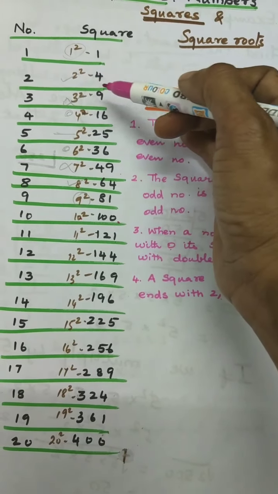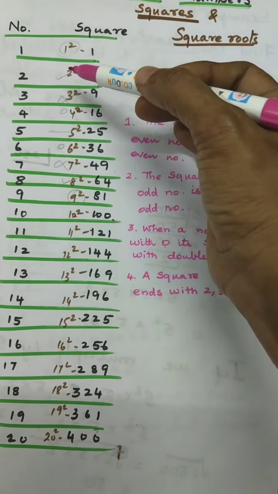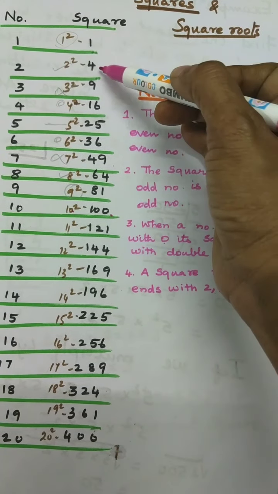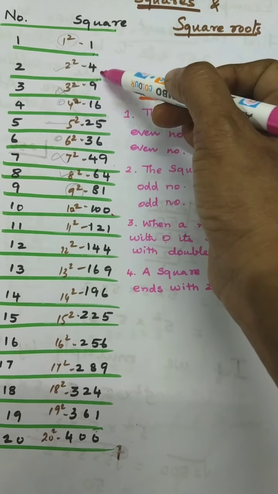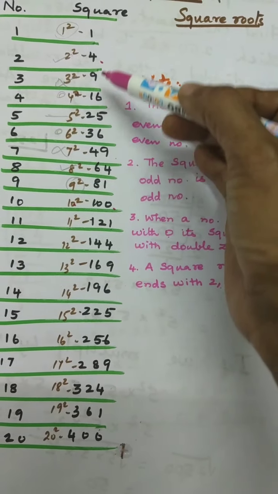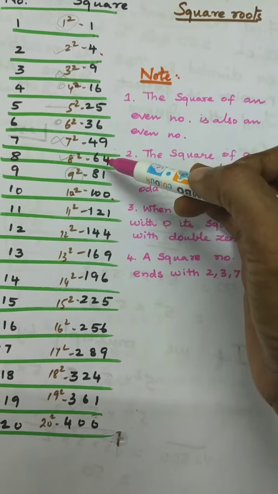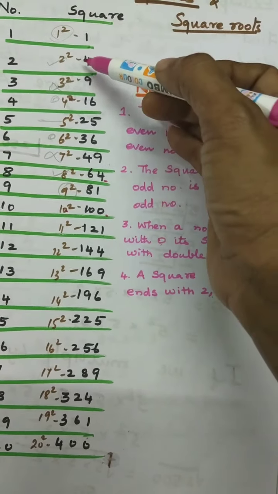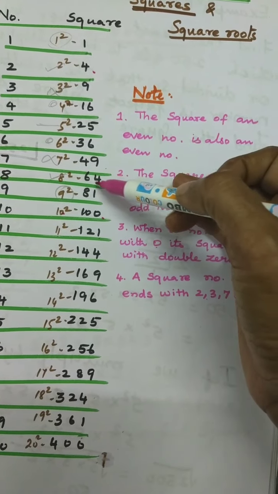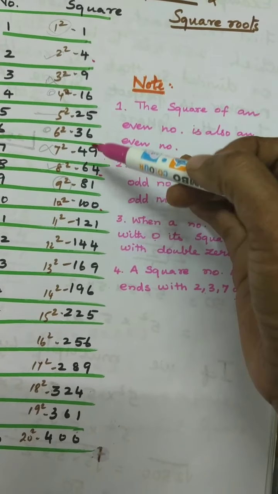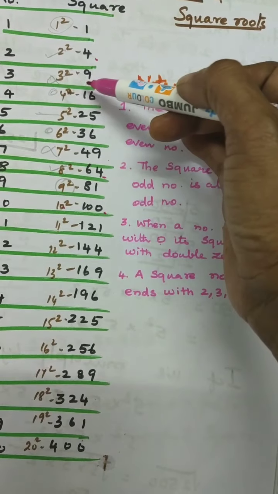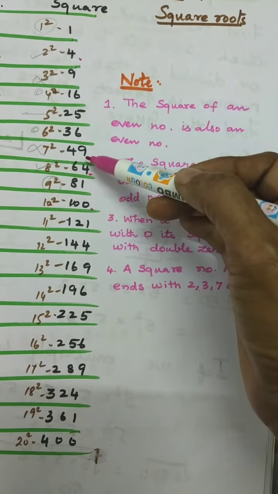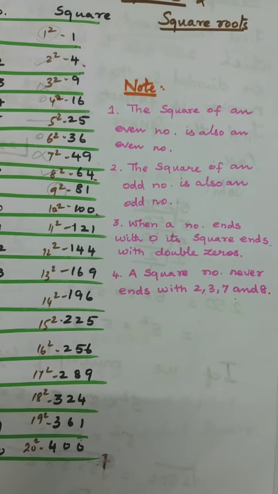Okay. Then 1 square, 1. 2 square, 4. Isn't it? Sorry, if you listen, 2 means it ends with 4. 2 square, 4. Again, some other number is ending with 4: 8 square, 64. Okay. 2 square and 8 square, the units place is 4. Then 3 square is 9. Then 7 square also ends with 9.